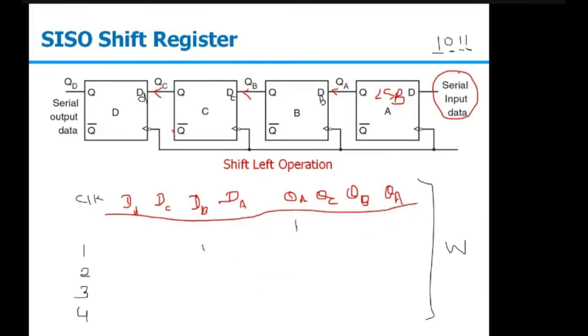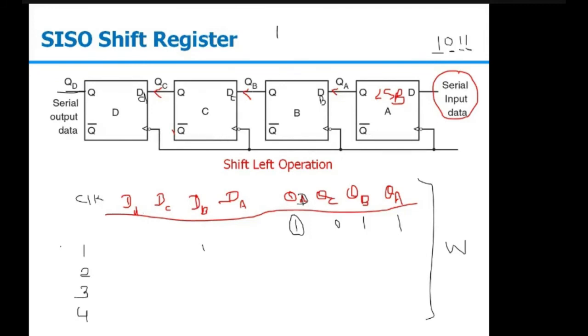Right, now we are having 1, 0, 1, 1 which is stored here. So you can see at this end, this is the QD. At the QD, 1 is already present, so I can easily read the data. So 1 is already present, so we have already read the QD without any input clock pulse.